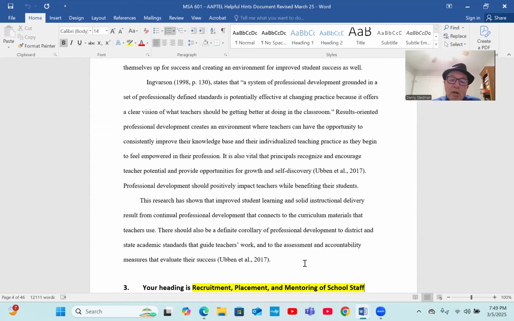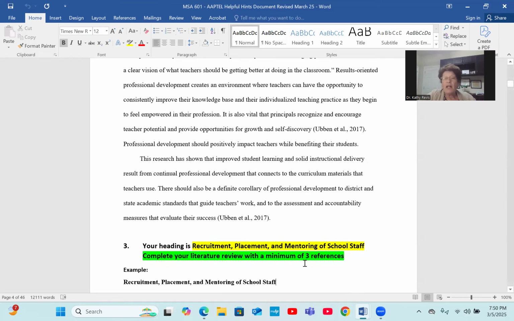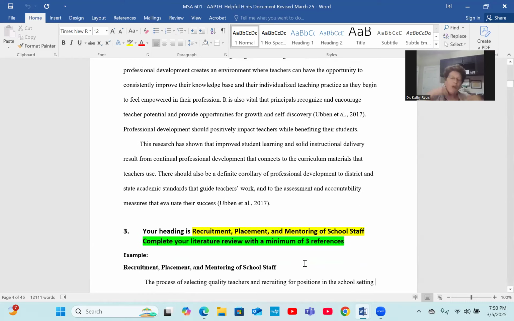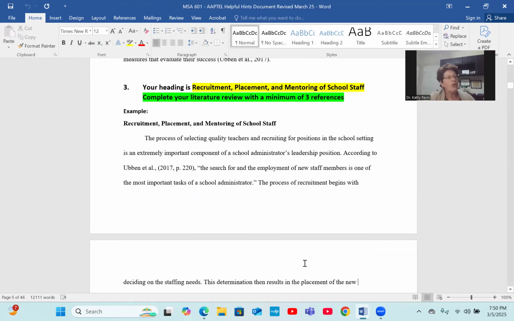Dr. Revis, why is Darling-Hammond so important? Well, she is the seminal author, as far as I'm concerned, researcher on professional development. A lot of the work of Guskey is built off of her work. So what you may find that she has done may seem a little old to you, but she's considered the seminal researcher.